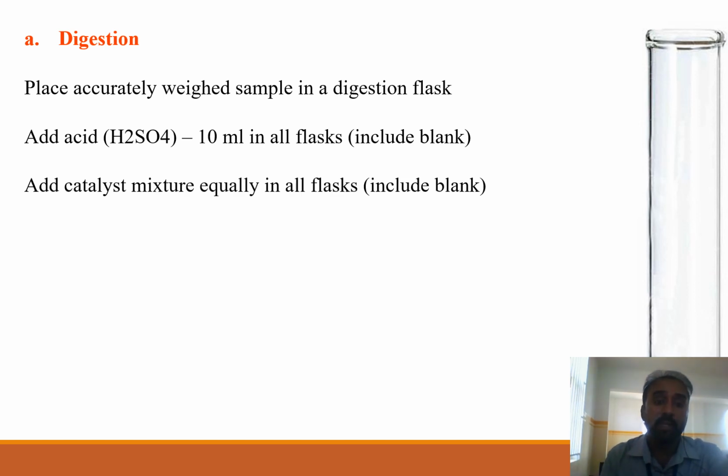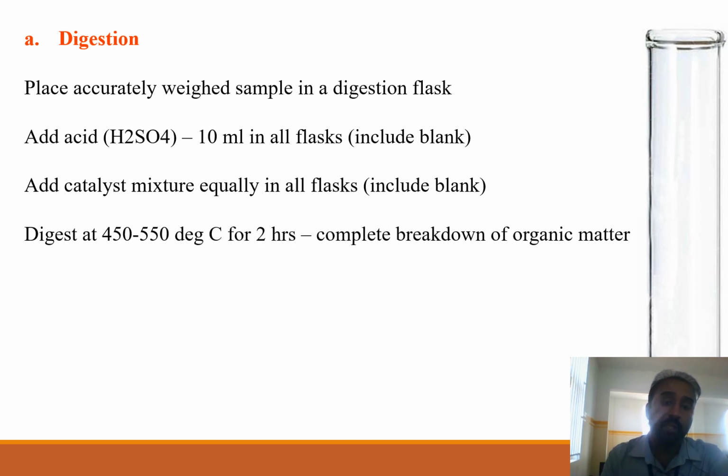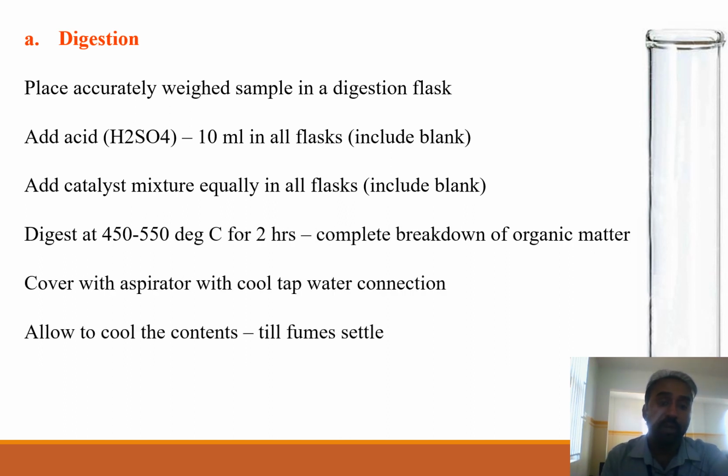So add the catalyst mixture equally in all the flasks, including the blank tube. Then digest at 400 to 550 degrees Celsius for 2 hours, which completes the breakdown of organic matter. Usually when you connect the digestion tubes to the digestion apparatus for heating, it will produce